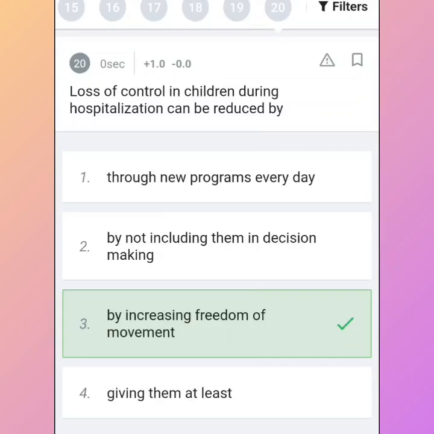Question number 20. Loss of control in children during hospitalization can be reduced by increasing freedom of movement, giving them at least